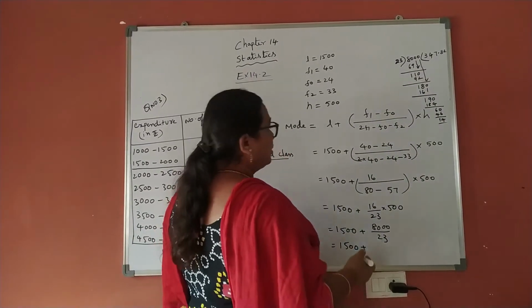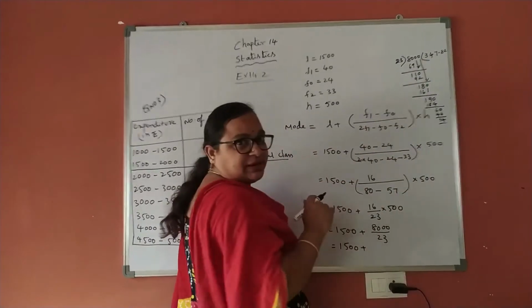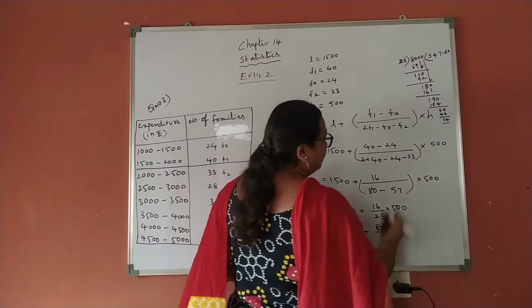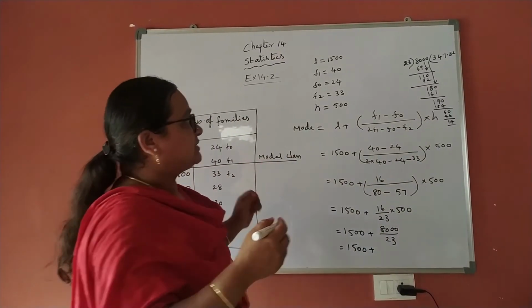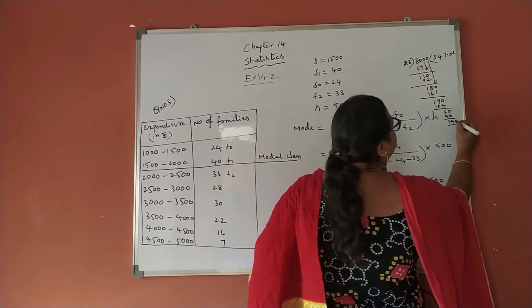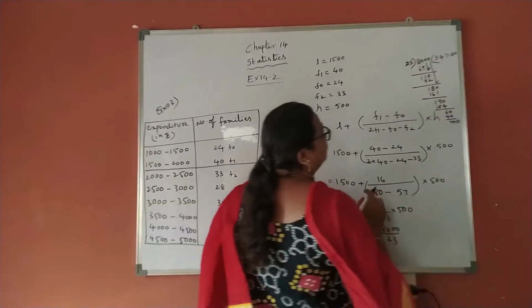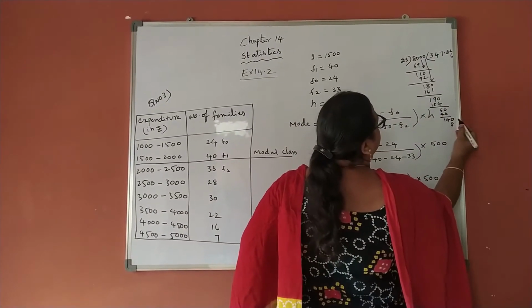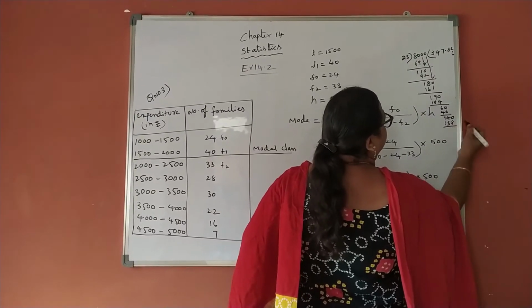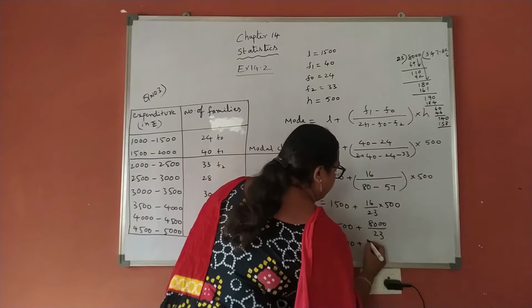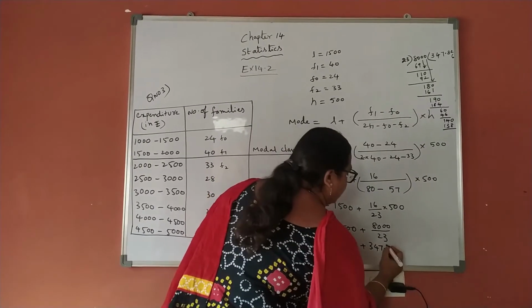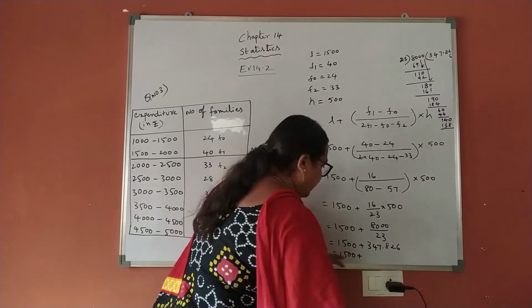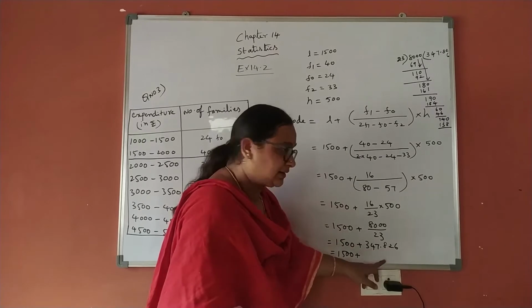plus. Actually, we need to find up to 3 decimal places and we need to correct up to 2 decimal places. So we will find one more place there. Up to 2 decimal places we found there. So one more place, if we find 140, this is 140. So 6 times 138, then we will stop it here. 347.826. So this is equal to 1500 plus. We found up to 3 decimal places and we will correct up to 2 decimal places.